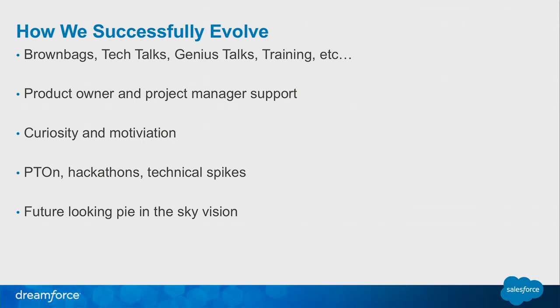Now, I told you I wanted to talk about how we went about doing it, and it's an evolution. But how do you evolve? We don't wait for it to hit us in the face and say, this isn't going to work anymore, we need to completely redo everything. From the very get-go, we're looking at the future, pie in the sky: what would be the perfect scenario? What would be the perfect architecture to solve this? How could we build the best apps so that when things change, we're just popping pieces out and putting new ones in? We do this through Brownbags, Tech Talks, Genius Talks, training, whatever you want to call them,